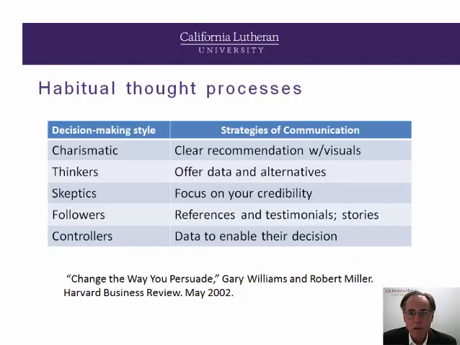Cognitive psychologists know that human beings exhibit habits or signature patterns in respect to the way they behave and think. Recognizing a client's habitual thought process can inform us about how to relate. For example, Williams and Miller quantified decision-making style into 5 categories: charismatic, thinker, skeptic, follower, and controller. Their premise is that each category has a preferred communication strategy. The charismatic person can be influenced